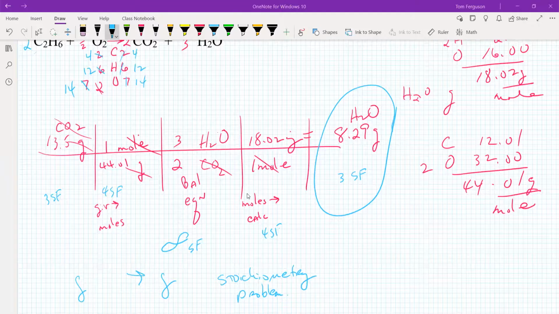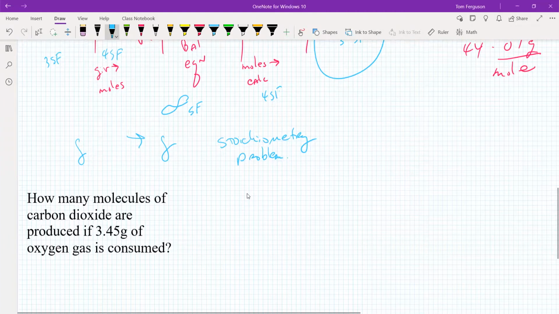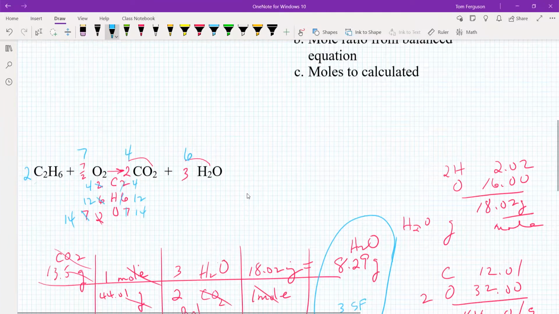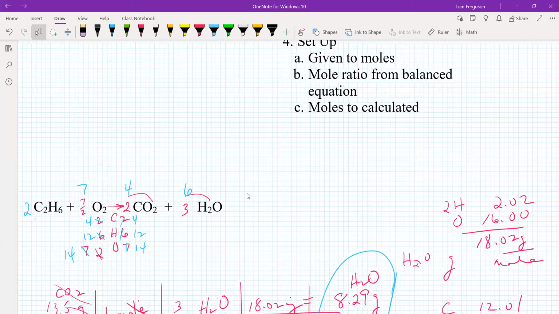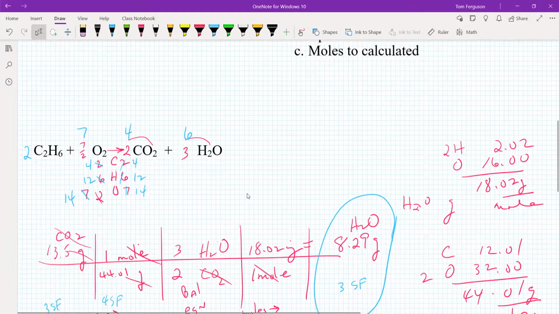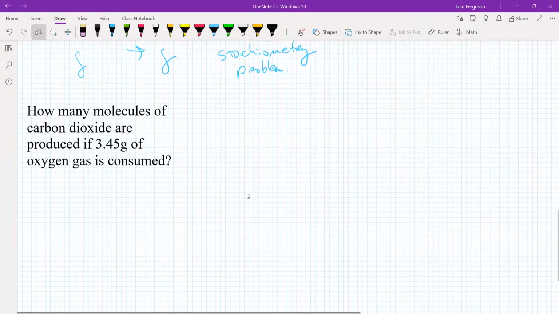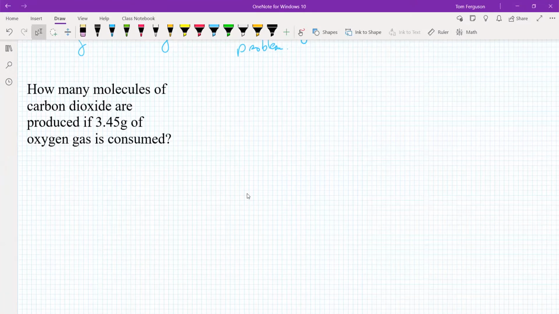Okay. All right, so what I want to do is continue on and do one more problem involving the same reaction, ethane gas burning to produce carbon dioxide and water. Only this time I'm going to say how many molecules are